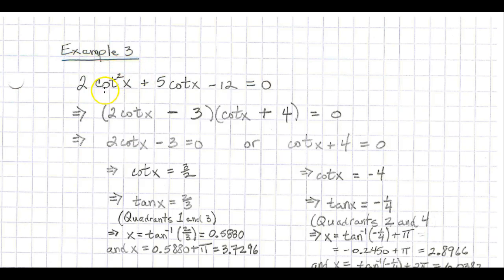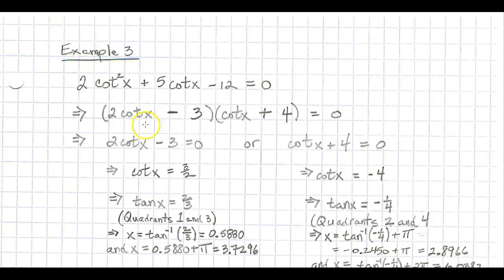just like if this was 2x squared plus 5x minus 12, how would I factor that? It's just that it's cotangent instead of just x. So that means I'm going to have a 2 cotangent of x and a cotangent of x to give me 2 cotangent squared x. And I'm thinking about factors of 12 where their difference can give me 5 when I'm multiplying it times the 2 and the 1, right? So the 4 and the 3 work, that gives me minus 12, and then when I multiply the outside and the inside, I get 8 cotangent of x and minus 3 cotangent of x,